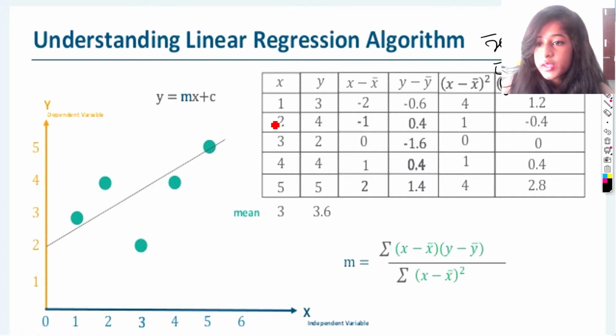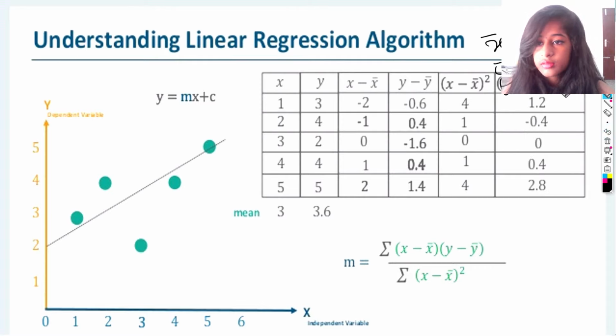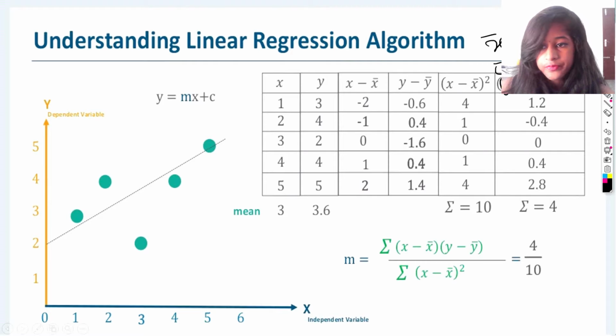So yeah, you can see here we have multiplied this all. We have multiplied the x minus x mean and the y minus y mean, so these are going to be the values. Now what we're going to do is divide the values, but before that we have to sum them. So let's sum it. 3.6 is the value over here. So now we have to sum all these values. Let's do that.